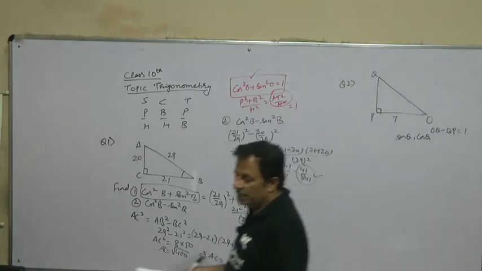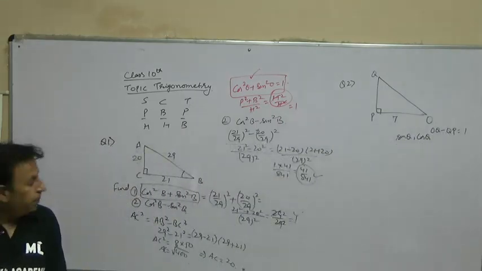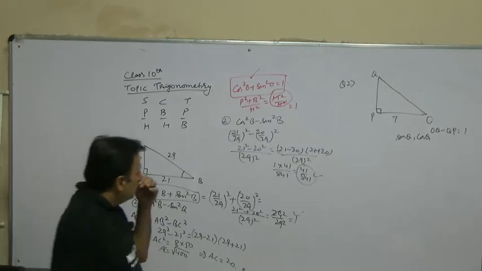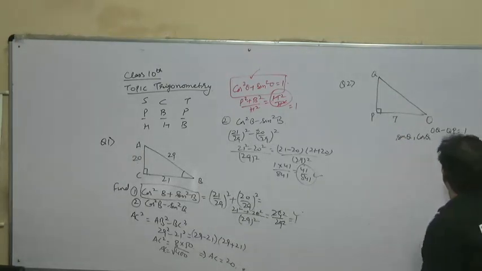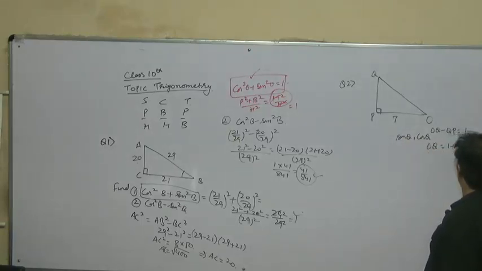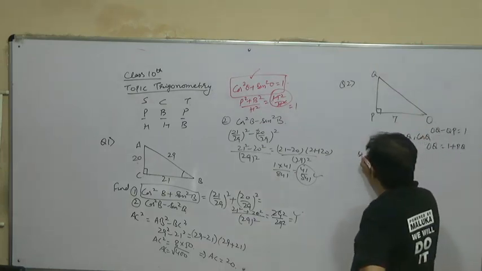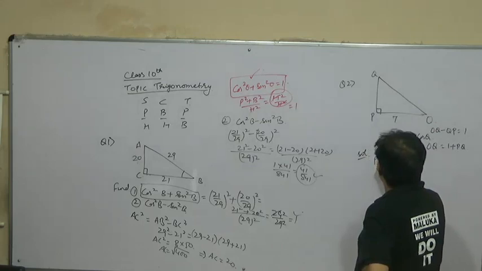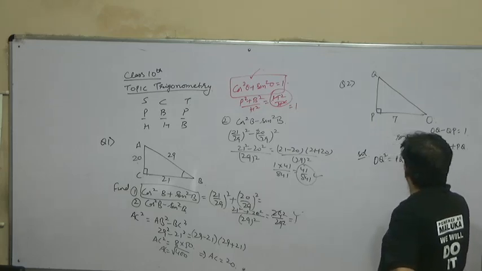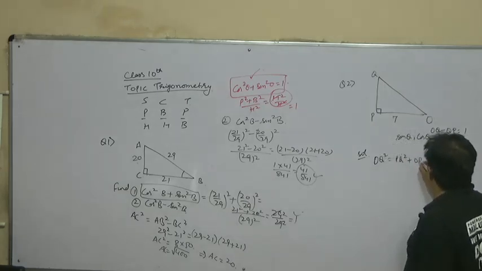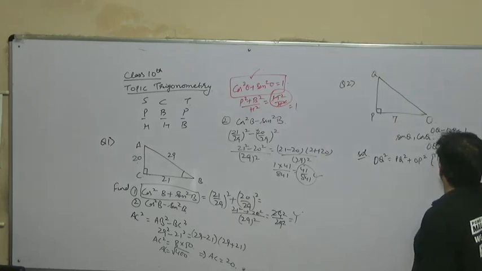So what we are given here is very simple. OQ, the hypotenuse, the difference between the hypotenuse and the other side is 1, and from here we can write OQ is equal to 1 plus PQ. Now by Pythagoras, OQ square will be equal to PQ square plus 7 square, OP square, by Pythagoras.